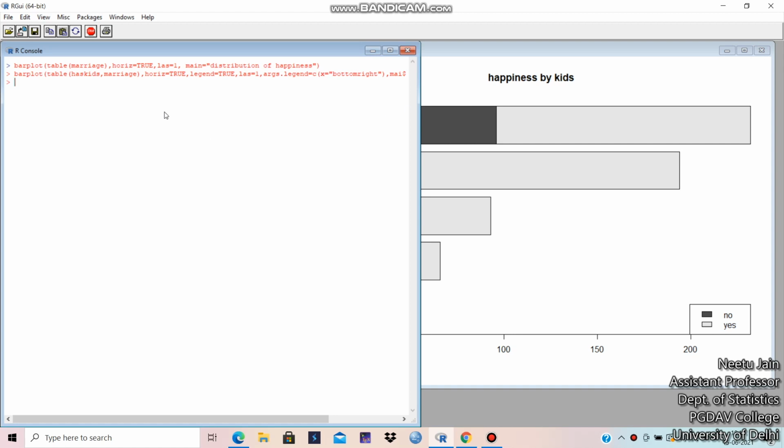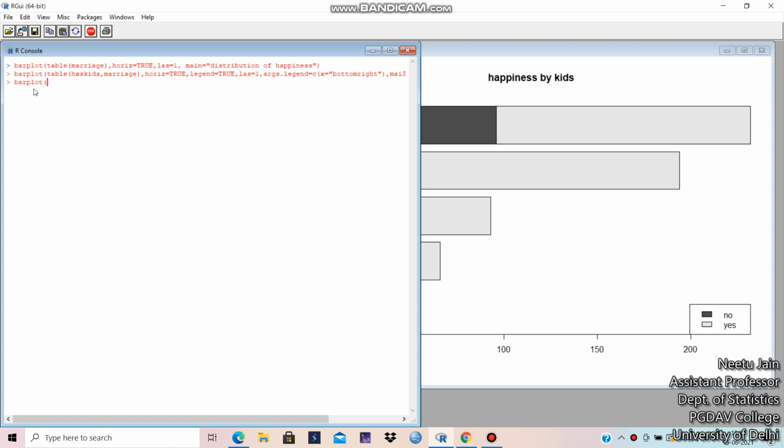You can see. Now we can place these legends anywhere, either at the center or top. Anywhere we can place these legends. I'll show you once more.